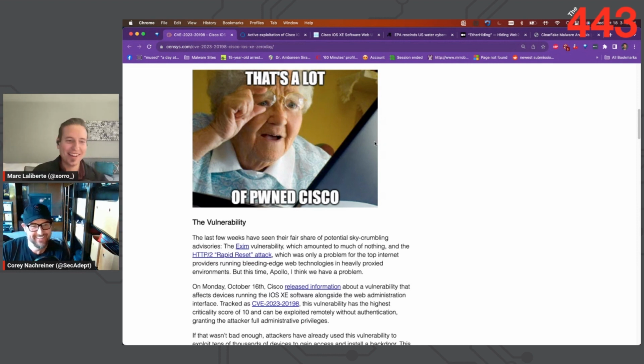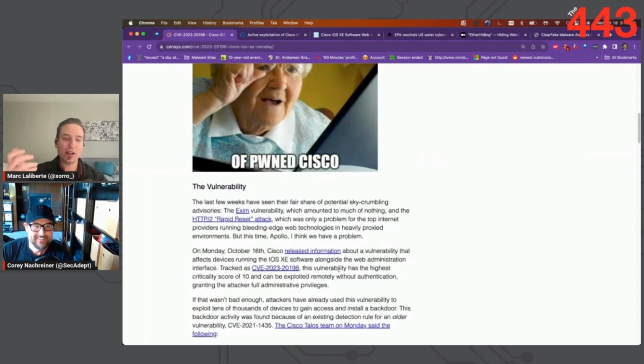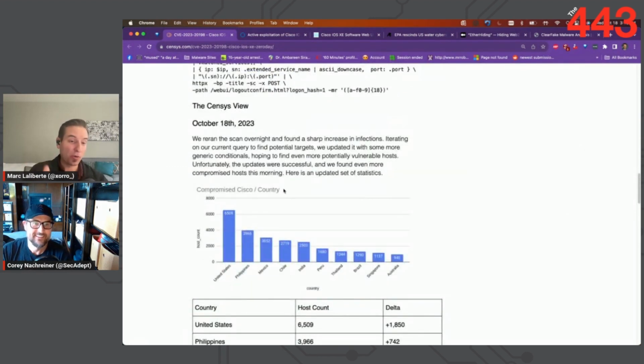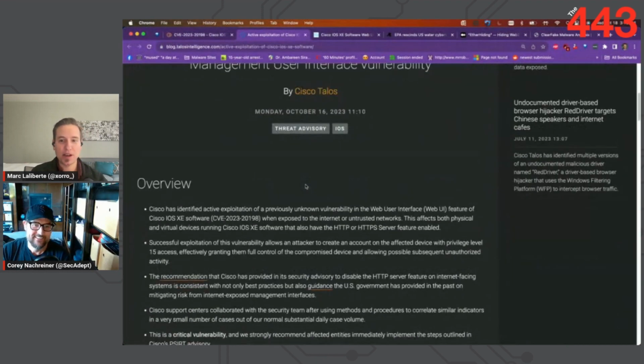But anyways, of those that were exposed, 67,000, 34,000 of them showing evidence of this implant just shows how wide-ranging this particular attack was. So, first off, I want to say good on Cisco for coming out with a pretty thorough post from their Talos team describing what's going on and how you can identify if you're impacted.